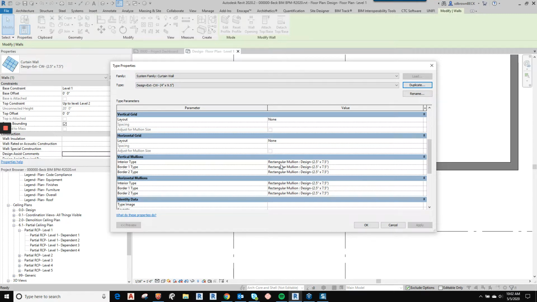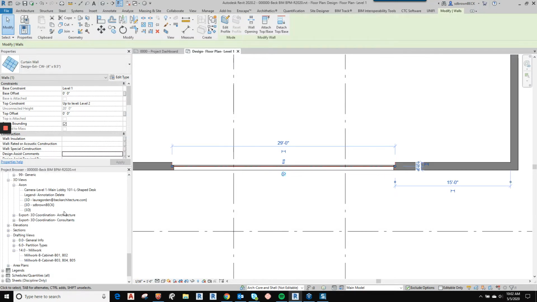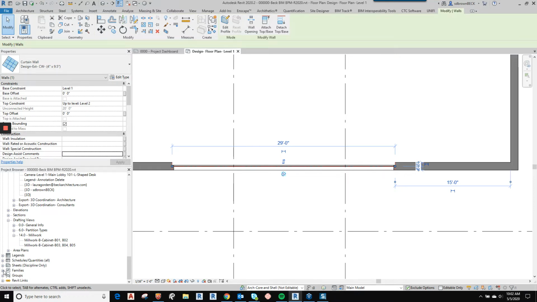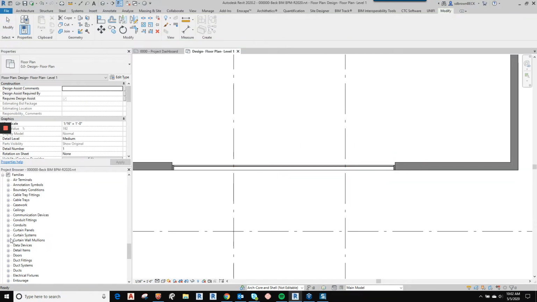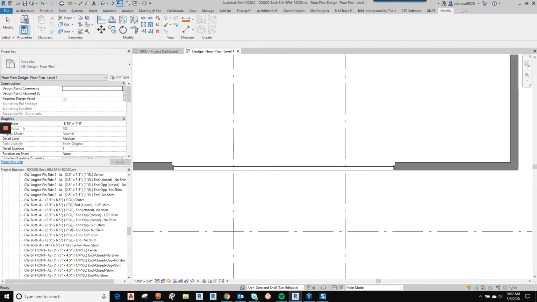So take a look at the name, rectangular mullion. That's going to key you into where you go to change it. And you see the name is design and then the size. So we're going to go down to the project browser under families, curtain wall mullions, and you'll see rectangular mullion. Remember, that was the first choice. And you're going to see lots here. These are all the mullion types we use in our construction-based systems, and we'll talk about those in another video. You want to find the design,